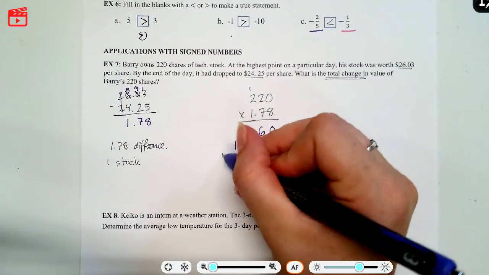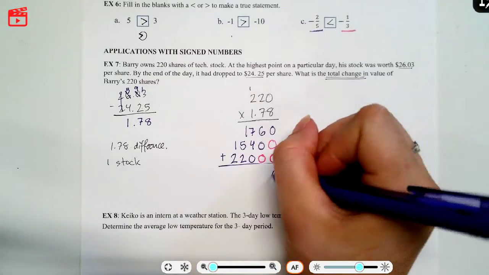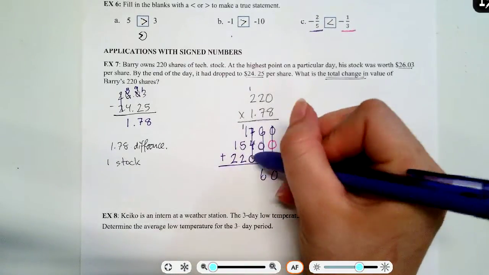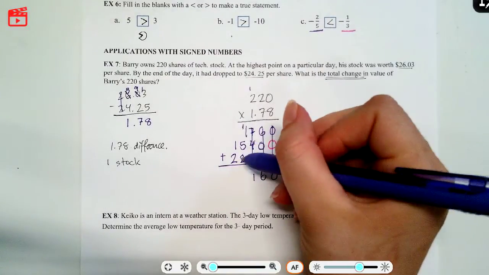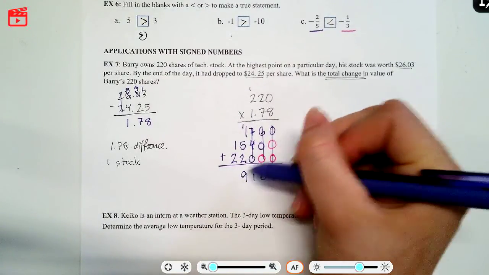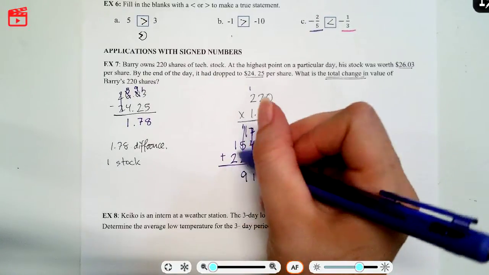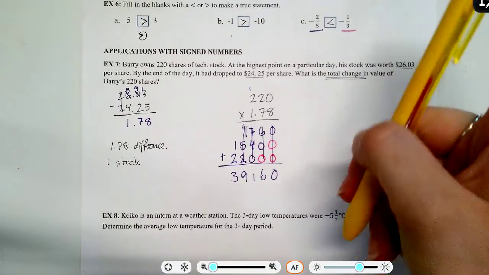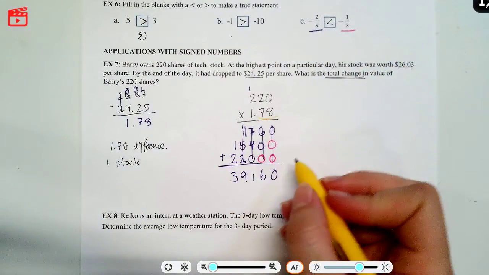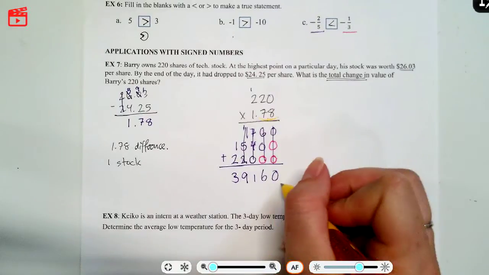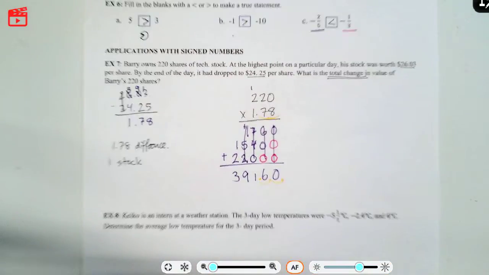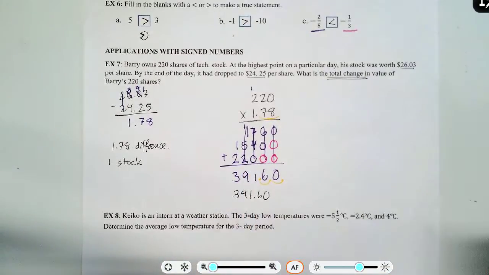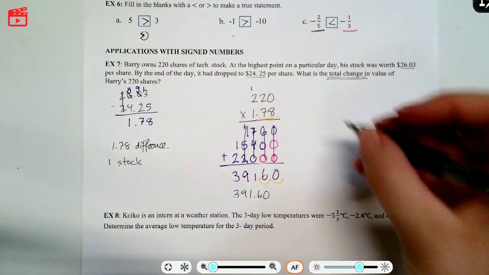So we'll go ahead and add those up. 0, 6, 7, 8, 9, 10, 11. 1, 2, 3, 4. 4 plus 5 is 9. And last, 2 plus 1 is 3. So how many decimal places do we choose to move over? Well, the total amount we see is just 2. So we're going to go 1, 2. So what is the total change in value? The total change